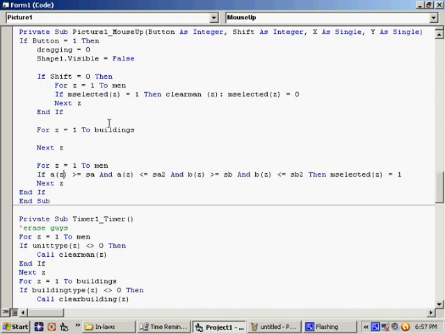Next z. Oh, I thought of something here for the men. You can't select a guy if he doesn't exist. So if unit type not equals 0, there we go. If building type done equals 0, so the building has to exist, and